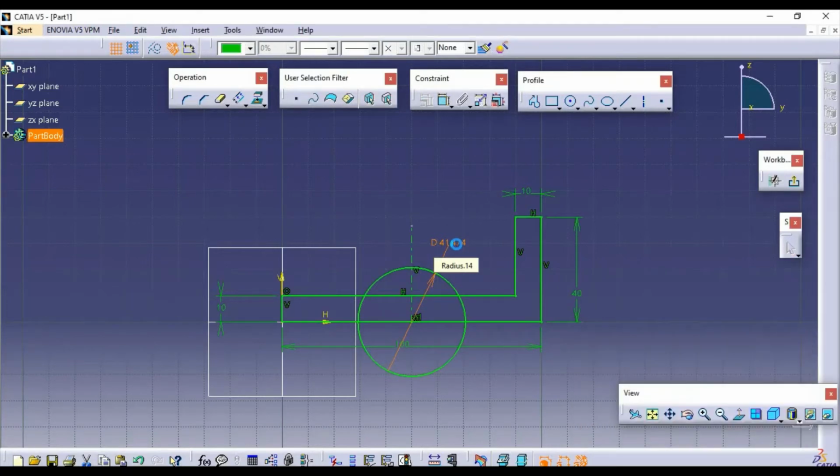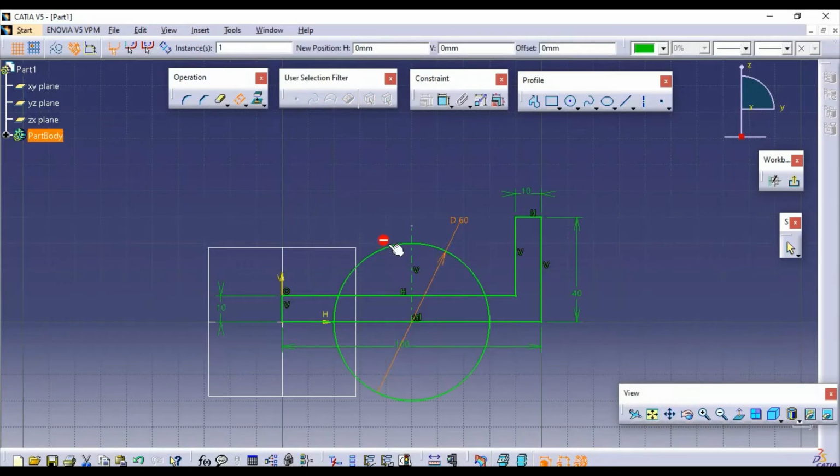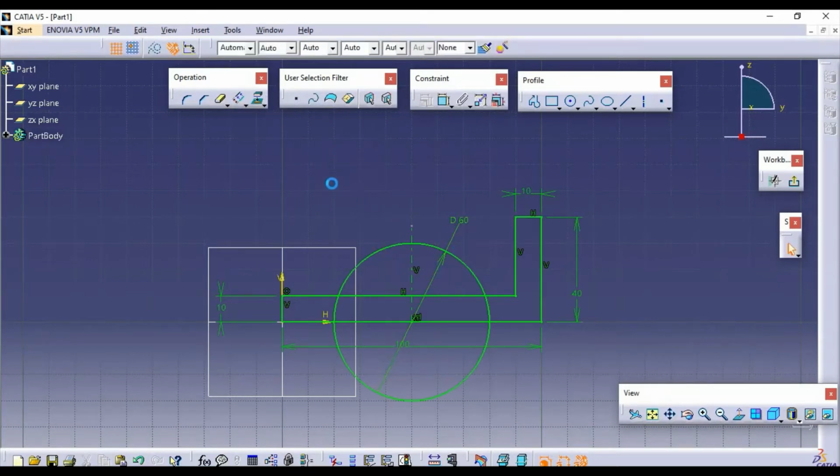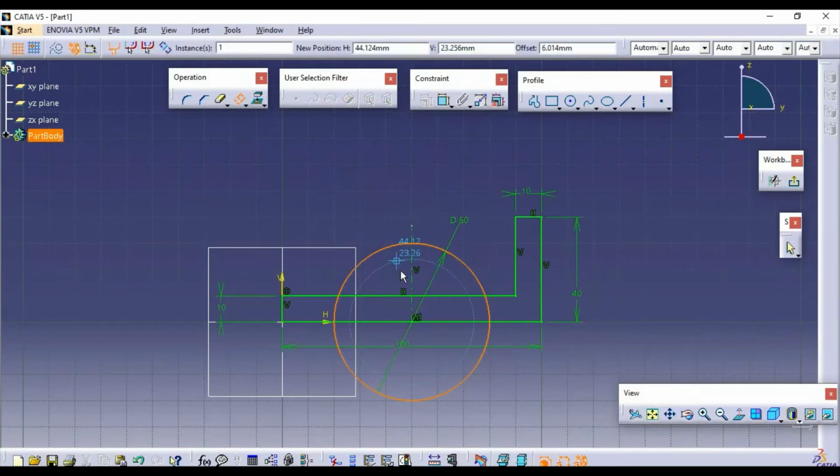And then I will take the offset command. So just click the circle and drag your cursor inside. Now on the top side you can see the commands. Just use the tab button. If you press the tab button, it will automatically go to the offset value. Now here in the offset value I am giving 10 mm.